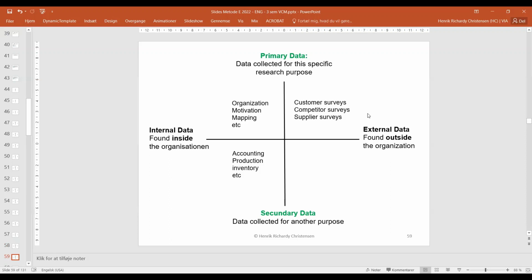We can do supplier surveys, same thing, same argument. We have to investigate in order to figure out what kind of information they have, how satisfied they are with us. We could also check out something about their strategies and how they would like to do things. Yeah. Then the last quadrant down here,